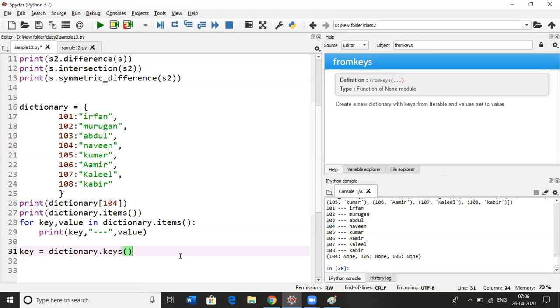So in that manner, how should we print 105 to 108 in the dictionary? That is my question. If you know the keys, whatever keys, we can do a for loop. We know that the for loop has a sequential manner: 104, 105, 106, 107.